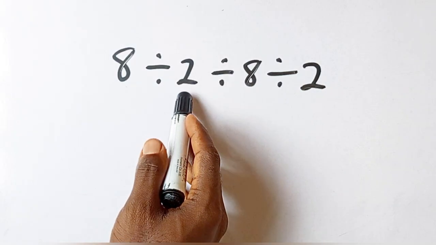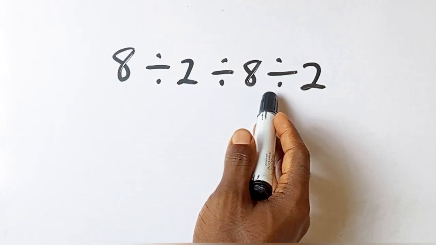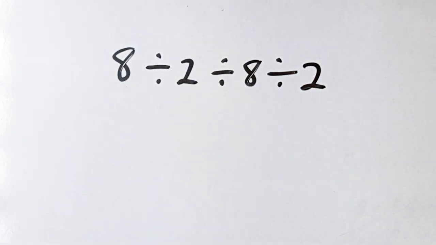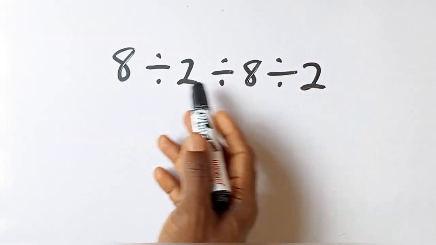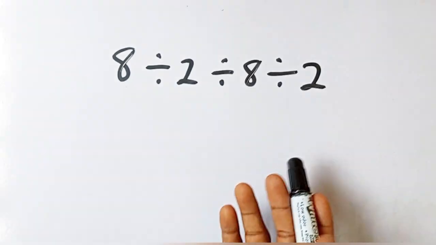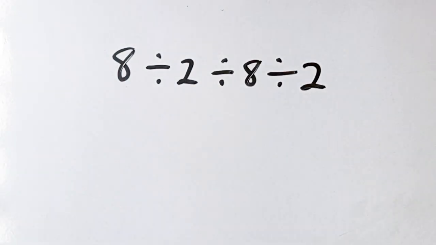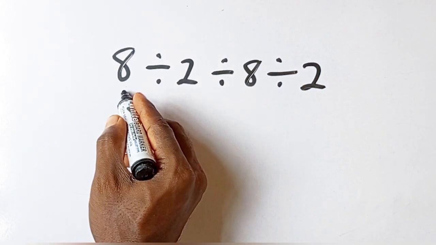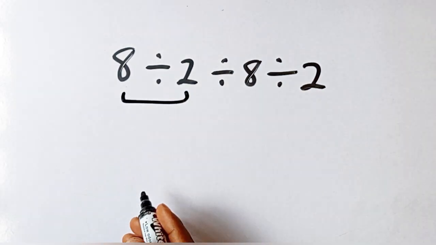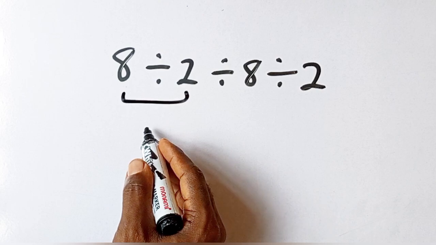8 divided by 2 divided by 8 divided by 2. Now, according to order of operation, since we are solving from left to right, and we have more than one division, we have 1, 2, 3 divisions here. So we are going to just solve this from left to right. If we do this first, 8 divided by 2 is going to give us